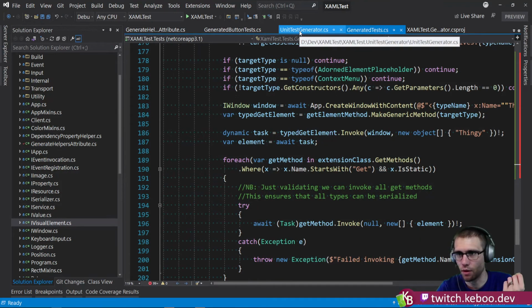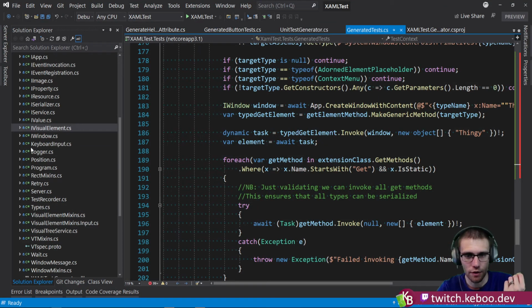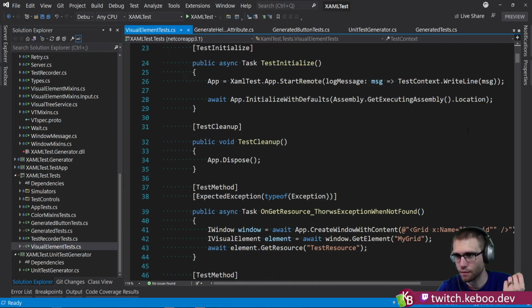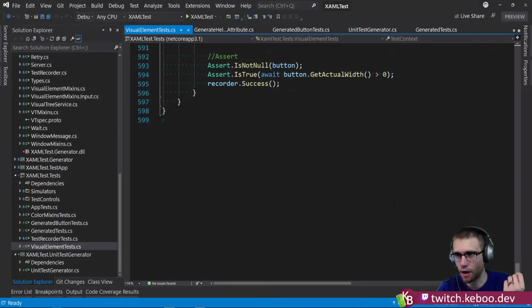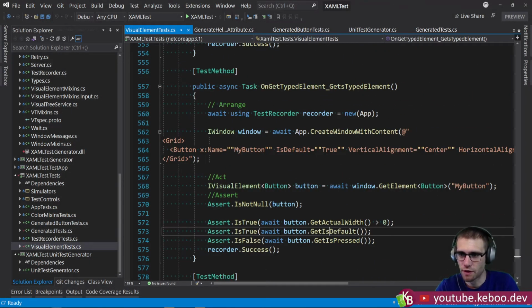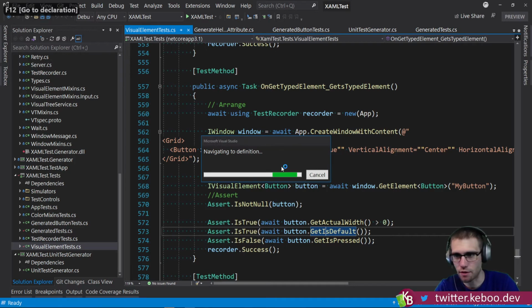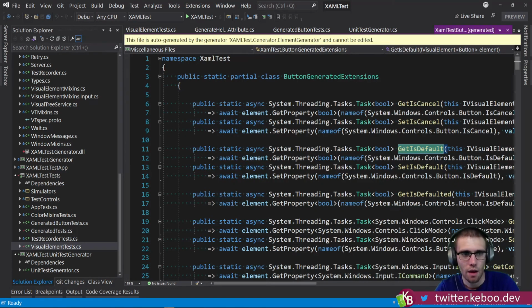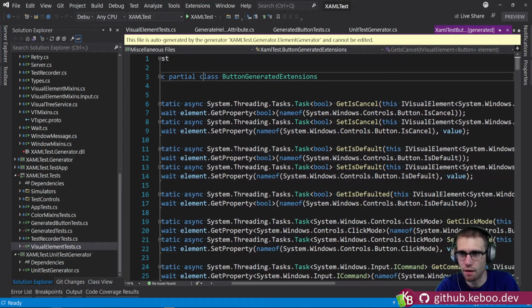For example, visual element tests. Go all the way to the bottom. For example, this. So I can do visual element of button, and then for example, IsDefault is a property on button, and it generated up, and of course it won't let me navigate because the stupid windows are open to the side. It generated this class for me with a whole bunch of extension methods that use the underlying get property